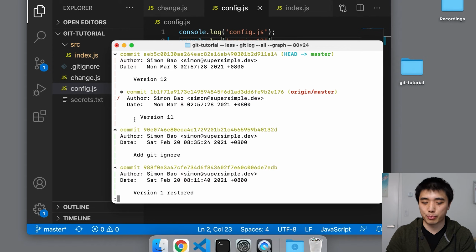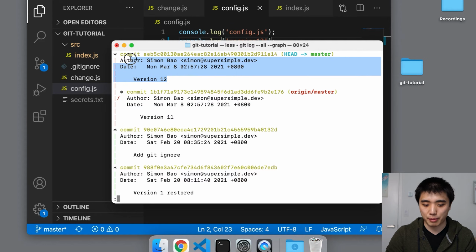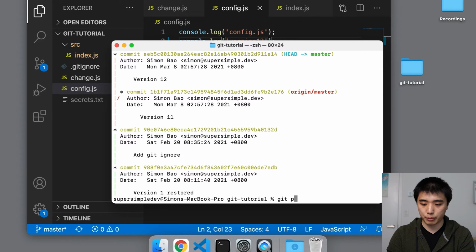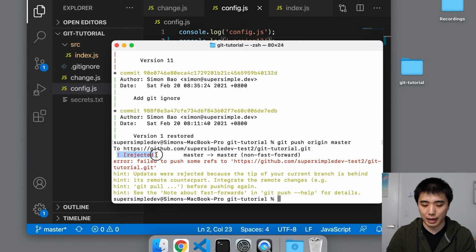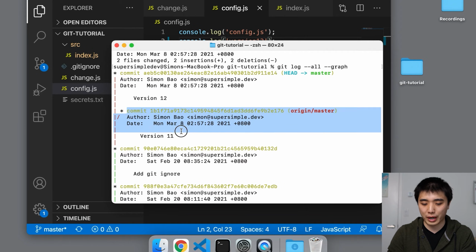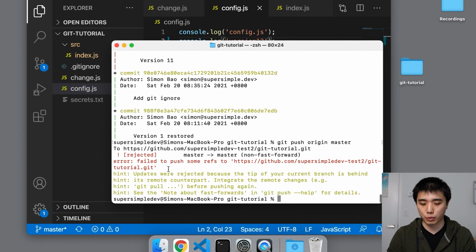Now if we run git push origin master, we're essentially going to overwrite the commit in our master branch in GitHub with this commit in our local master branch. So let's go ahead and try to do that. Git push origin master. And you'll see that Git actually doesn't allow us to do this. The reason is that if we git push, we're essentially going to overwrite and replace this commit, so we're going to lose that commit. It's generally bad practice to overwrite commits that you have already git pushed to a remote repository. But since we're learning, we're going to learn how to get past this warning.